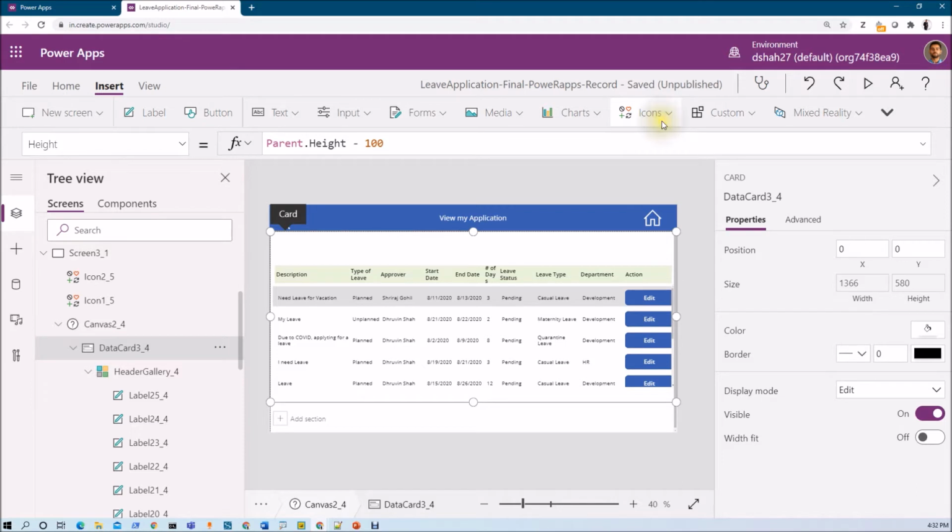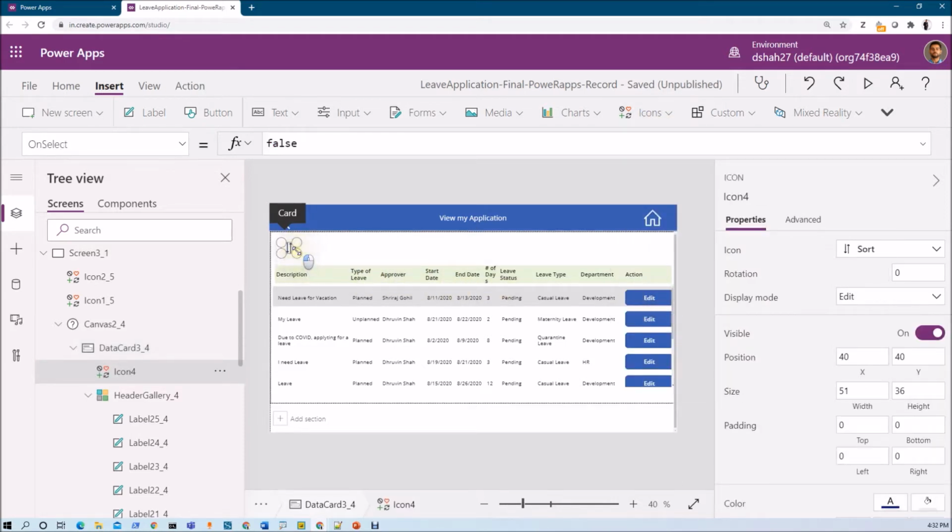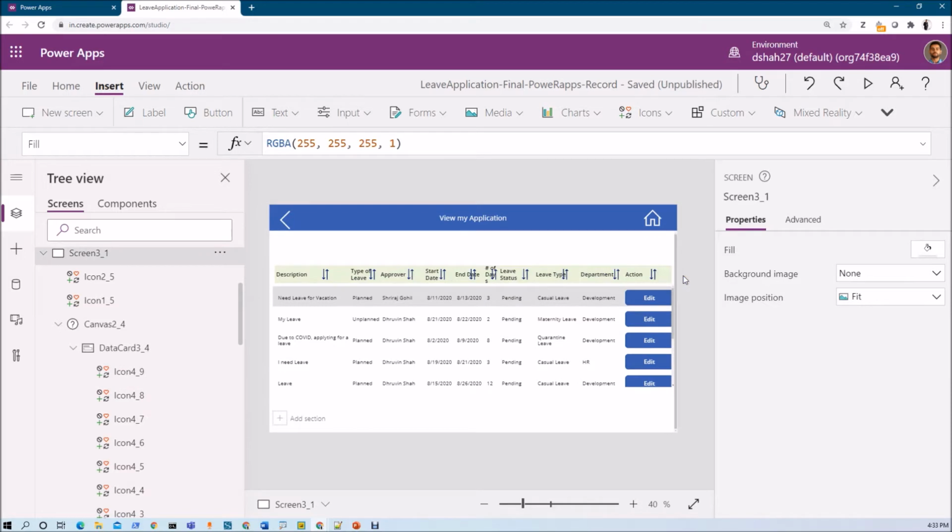Now let's add the sort icon on each individual table field. So I am just adding this sort icon everywhere. I added this sort icon here. Same way, let me copy and paste that over here and place the sort icon on every header field. Okay, so I have added a sort icon for each individual column. Just arrange that properly so it will show a better UI to you. That is your homework.